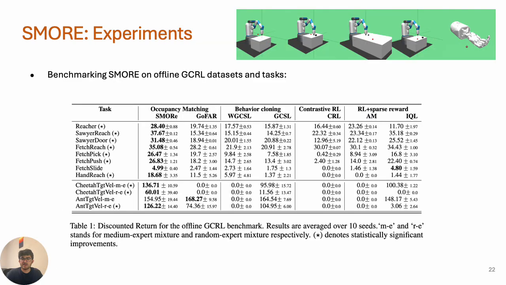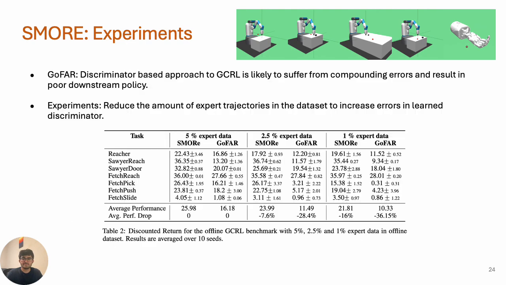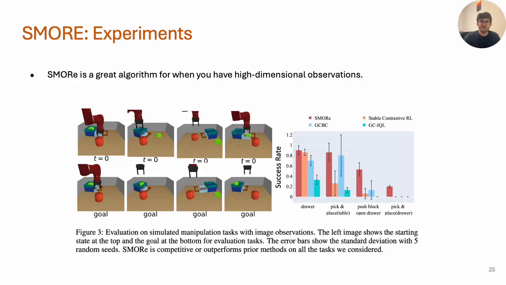Our experiments on a wide variety of domains show that SMORE results in improved performance on the offline GCRL benchmark, often outperforming by a wide margin. The discriminator-based baseline to GCRL suffers when the offline dataset has few goal-reaching trajectories, as a result of compounding errors from the learned discriminator. SMORE is one of the first approaches alongside contrastive RL that scales to image-based GCRL, but in contrast to contrastive RL, optimizes for a